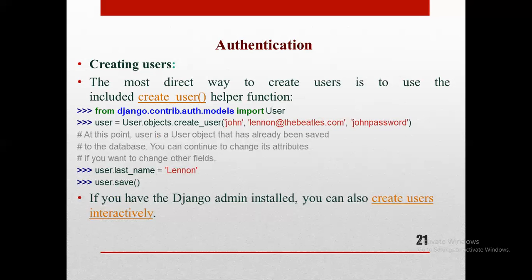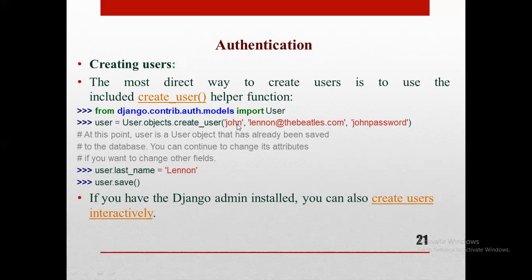Now we will see creating users. The most direct way to create users is to use the included create_user helper function. See how we create a user here. From django.contrib.auth.models import User. We import the User module. Then user = User.objects.create_user,